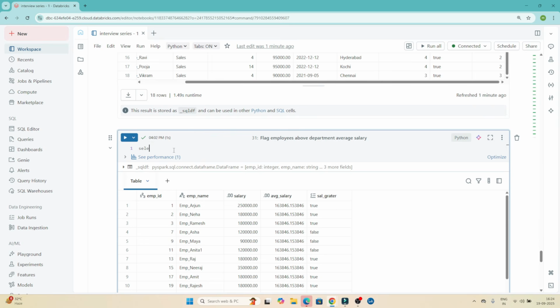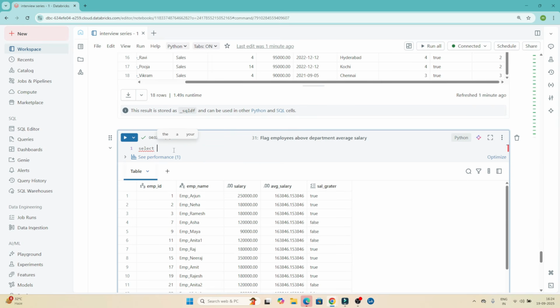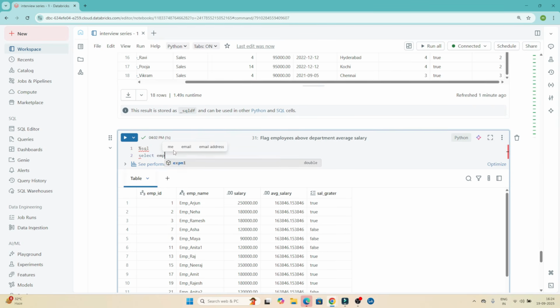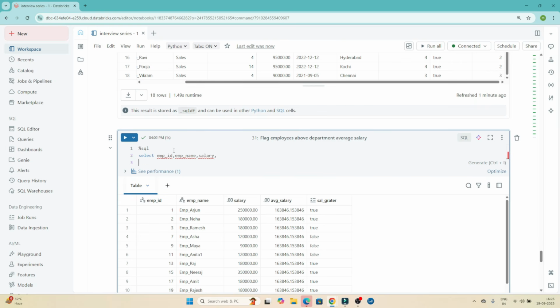So what I will write: select the employee ID, the employee name, and the salary. What is the employee salary? And we will find out the department average salary. So for department average salary, what actually you have to write: average salary